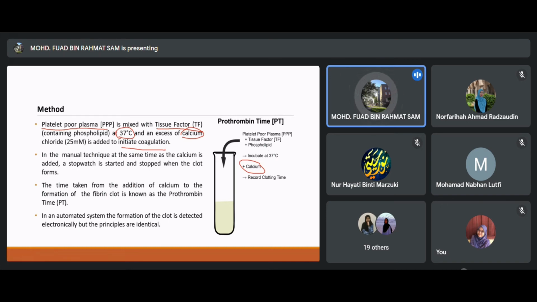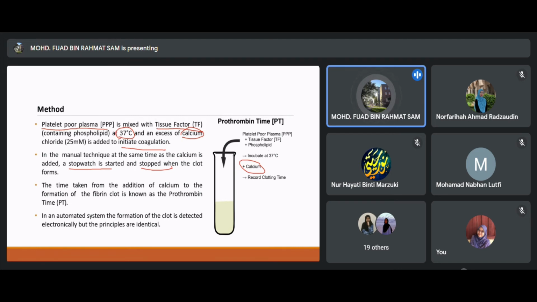Okay, tapi bila kita dah discard the blood cells, kita dah tambah dengan tissue factor, kita nak start initiate the coagulation, we need to add the calcium. In this particular test, we add with the calcium chloride. In the manual technique, at the same time as the calcium is added, a stopwatch is started and stopped when the clot forms. So basically, this test is time from the addition of apa? From the addition of the calcium